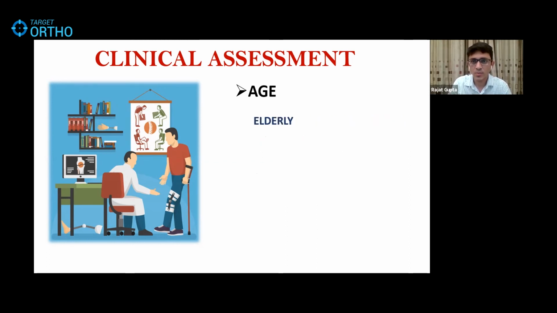And coming to the elderly population, the benign thing which you can see is fibrous dysplasia. It's very rare for an elderly patient to have the diagnosis made, I mean, the diagnosis picked up in the elderly age group. Many times patients have had this diagnosis for years, but it may present to the OPD as an incidental finding, or they may present with some pathological fractures, or they may have x-rays done. Let's say they want to get a TKR done, and you get the x-rays of the knee, and you may notice some area of fibrous dysplasia on the distal part of the femur, and so on.